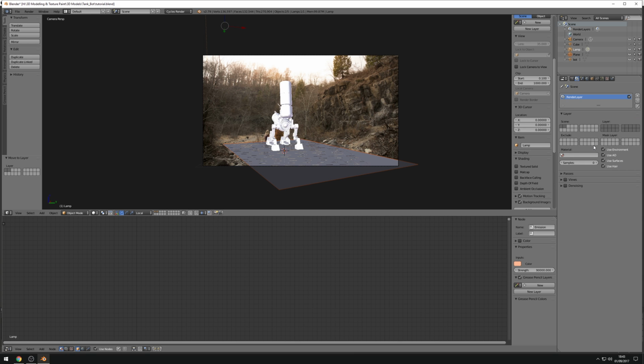So now we've got that set up, we can come to our layers window, and we've got the scene layers, which is the 2 we've just set up. But basically we want to render them out. So we're going to create a new render layer. So this is a new render layer. We're going to call this ground,